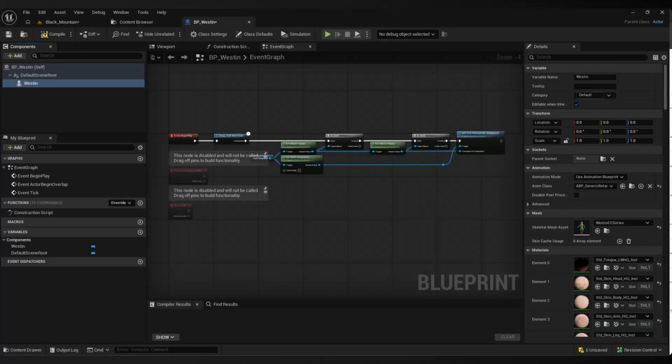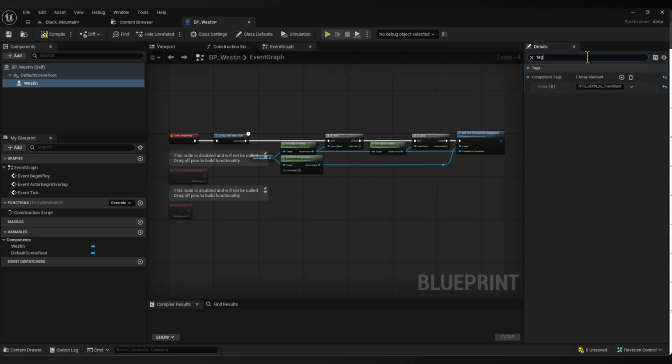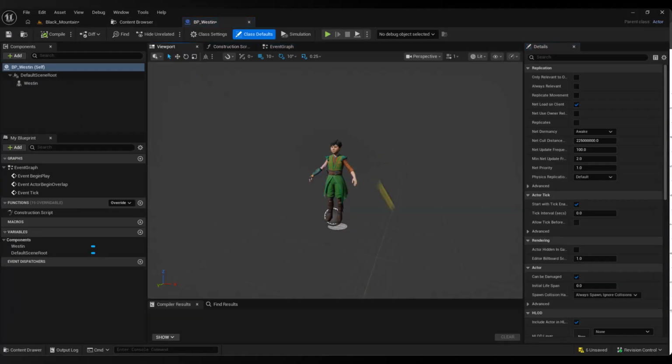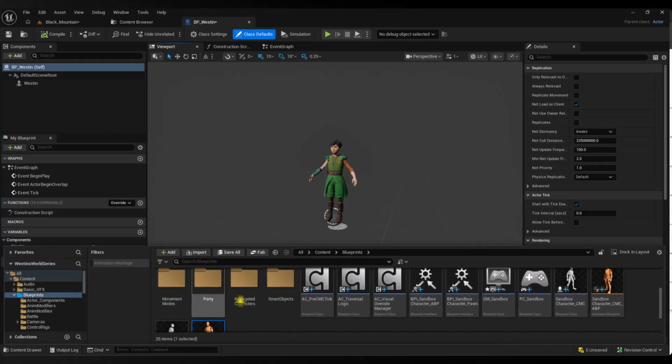And then in the details panel, we're going to search tag. Update the copy and paste the file name we just created. All right. Compile, viewport, no change, but upon reopening, we should have Westin here. And then I'm going to open in the blueprint